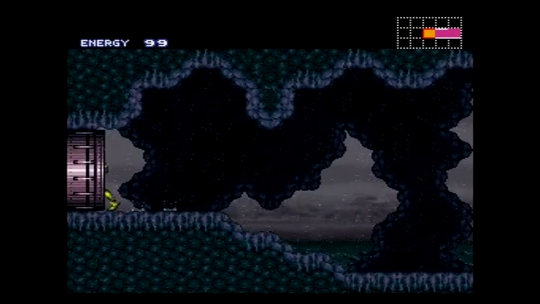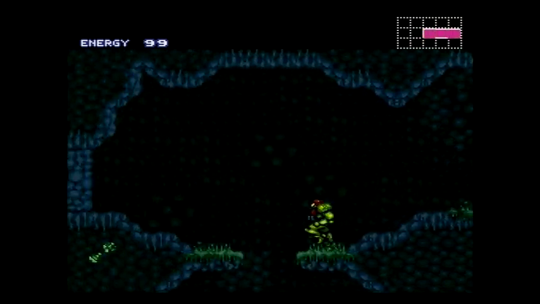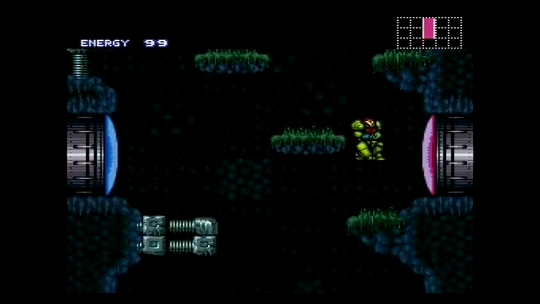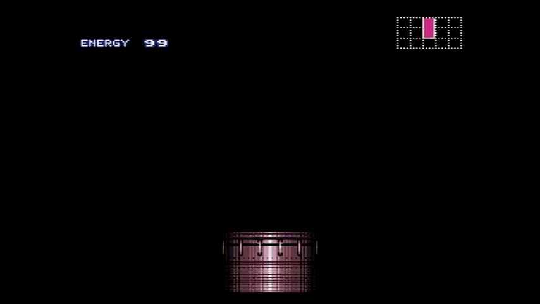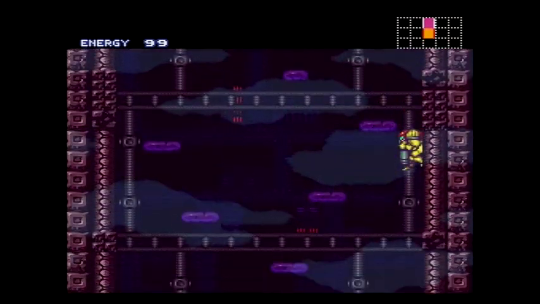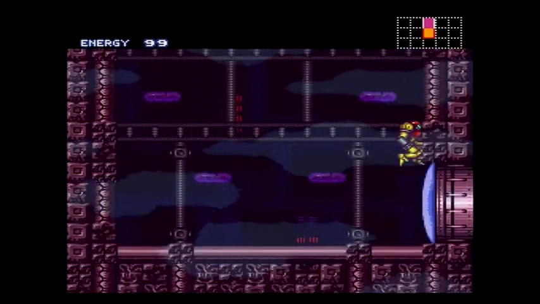Alright, we are off and running. It's not going to be a speed run, like I said, but I'm going to go pretty fast nonetheless. I'm going to treat it like a speed run, basically. I'm going to act like I'm doing a speed run. But there are going to be parts where I go out of my way to get items if I think that I might need them. Especially, say, energy tanks and missiles. And basically just going to use my discretion